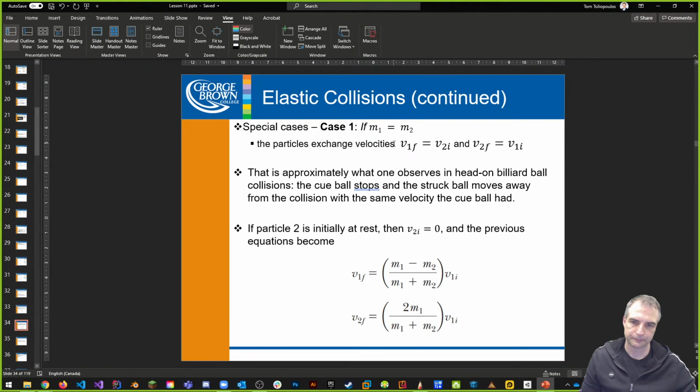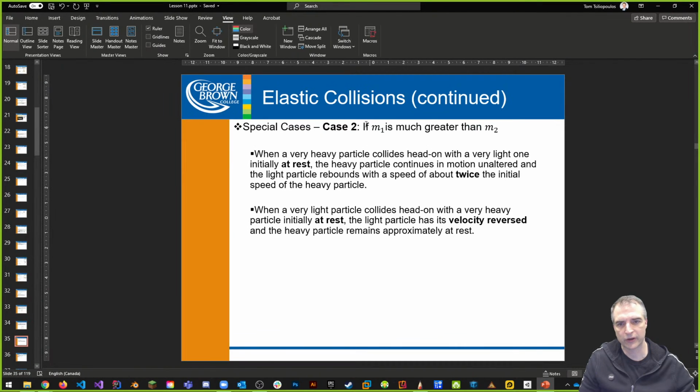That's case number 1. This is important because if you make the masses the same for objects, this is a great way to finalize this very quickly. We swap the velocities. That's all we're going to do. And this is great for a game. We don't have to even think about stuff. We just say we want to do a swap algorithm, and we're good to go, and it'll look realistic.